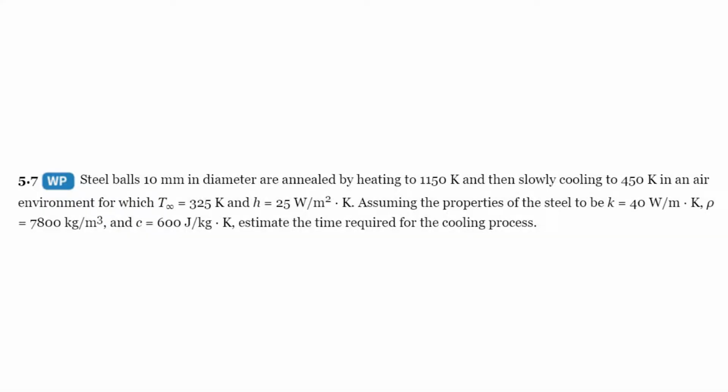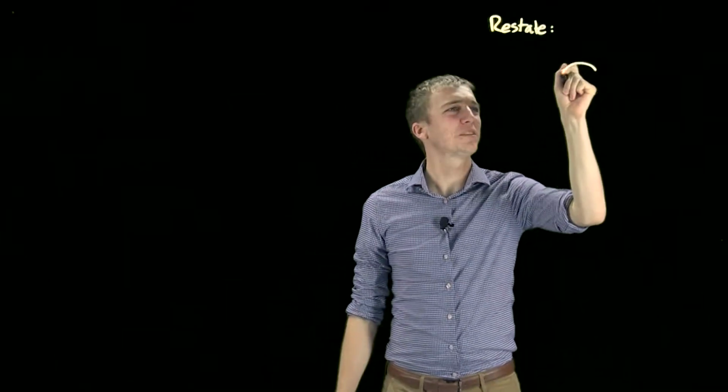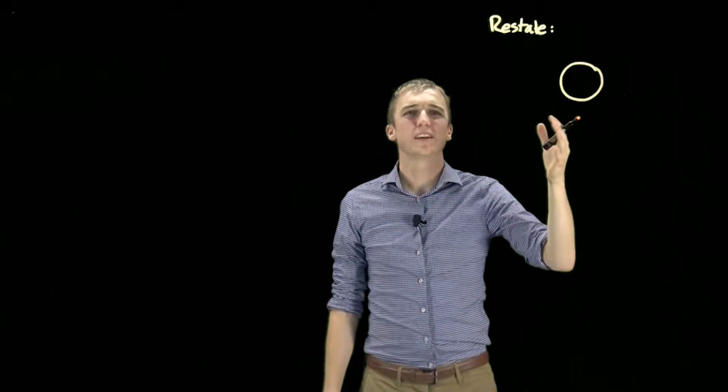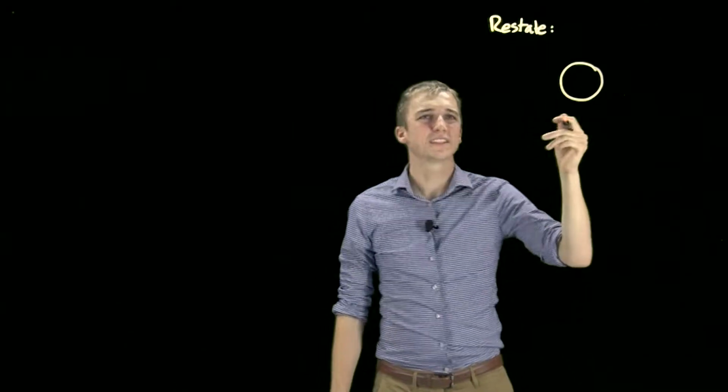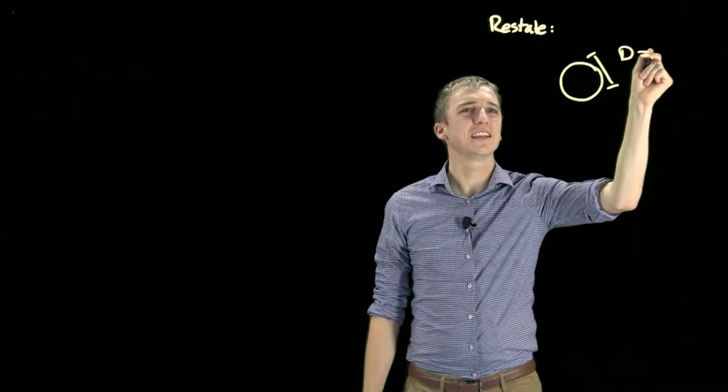Today we'll be doing the first practice problem for homework number 5. So, to restate the problem, we'll do this with a picture. We have a steel ball, or lots of them, but we're only modeling one, being dropped into a vat of liquid. This steel ball has a diameter d of